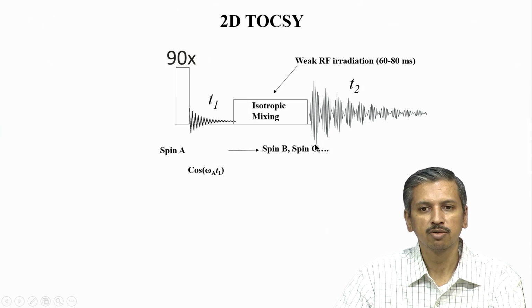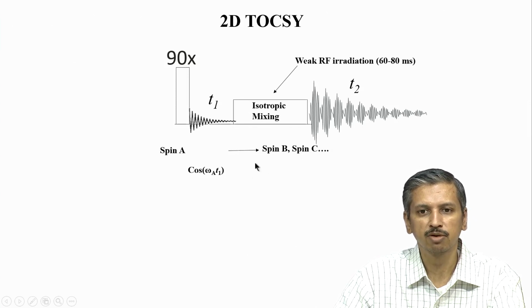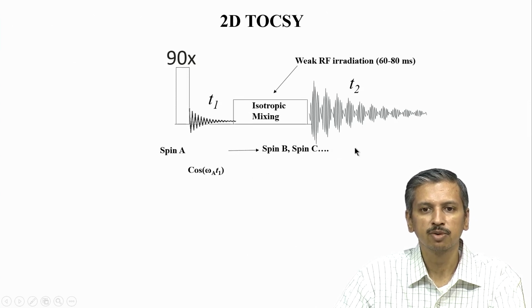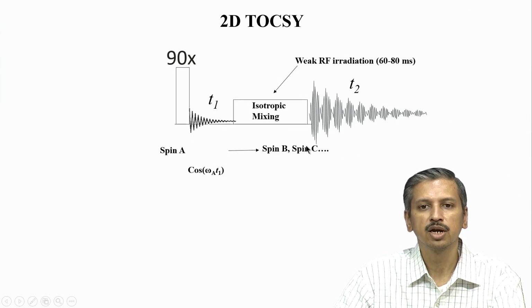So, what we are trying to do in a TOCSY experiment is exploit that there are couplings between A to B, from B to C, and from C to D, meaning J or dipolar coupling, and because of that coupling we are trying to transfer A all the way to a far away spin. If there is a break, suppose C and D are not coupled, then we can't go from A to D, because that break will stop at C. So, our magnetization will not be able to transfer all the way up to D or E or F or whatever number of spins, because we encounter a break.